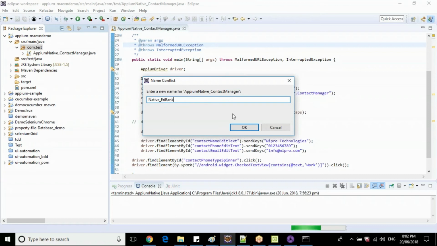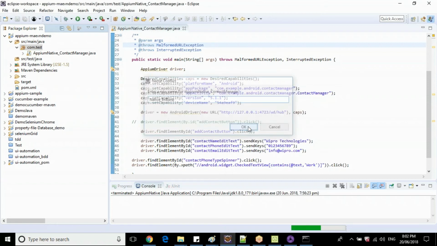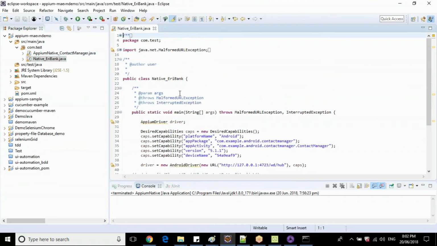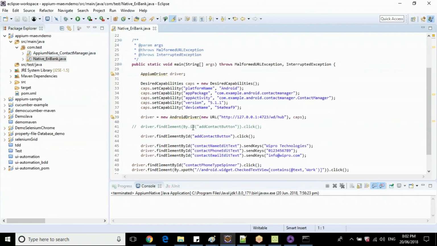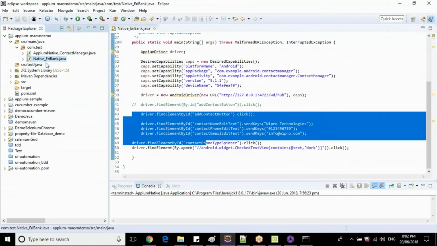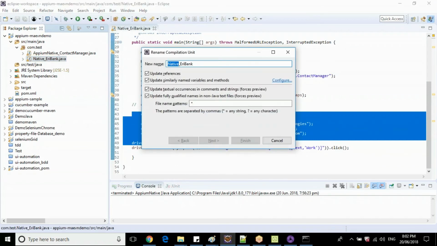Okay. So what exactly do I need to change here? Now the automation code is not required here. So yeah, it's a hybrid AnyBank. Just press rename and name it as hybrid.